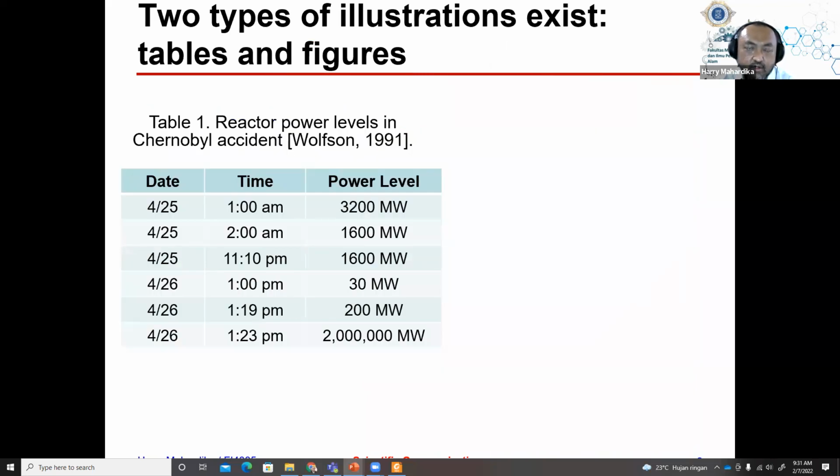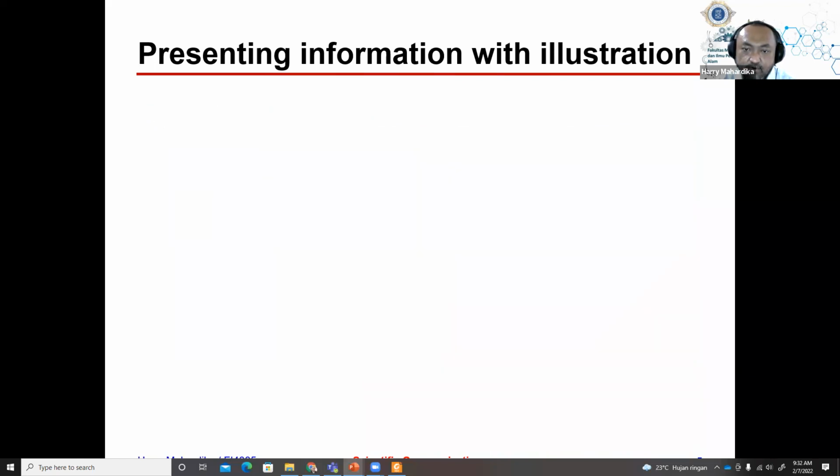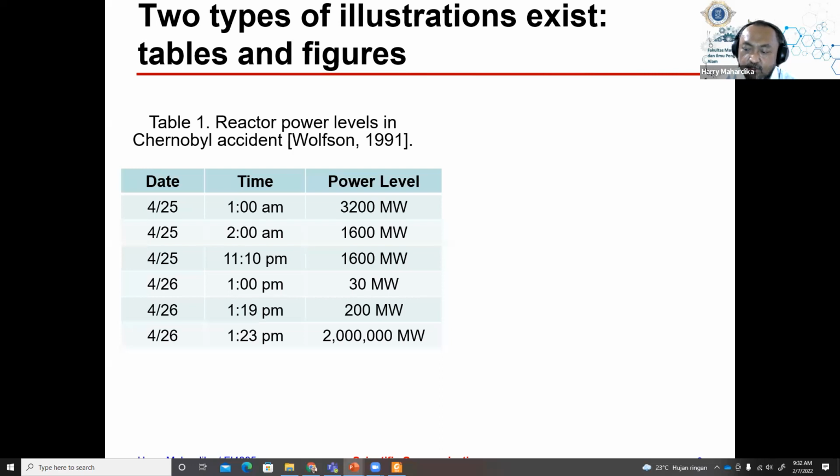Okay, so after we show illustration for figures, we're moving on to tables. In articles, besides showing the reader certain figures, we also describe. We can also describe our data in terms of a table, and here is an